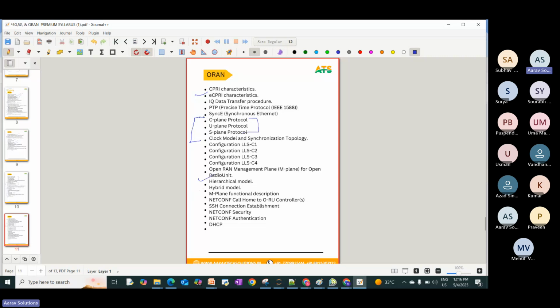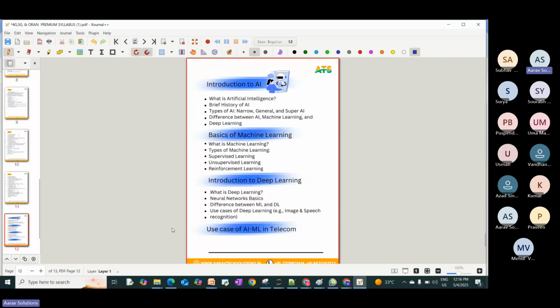Then we have the hybrid model: how we are deploying. Then the synchronization plane and the different topologies we have. So all those things we will discuss. Then the DSCP and a netcall session as part of ORAN. Okay, now finally, to give you the basics,